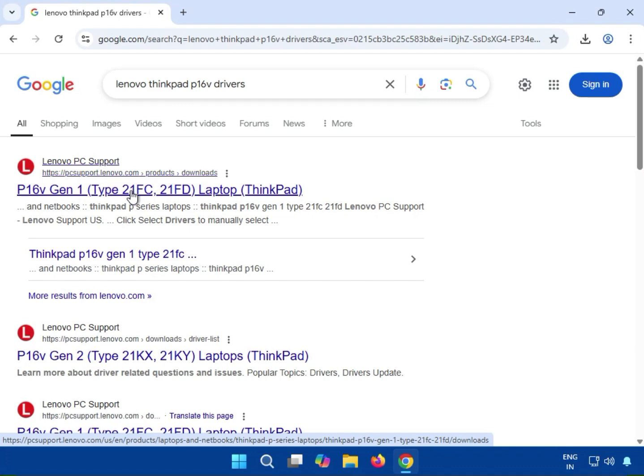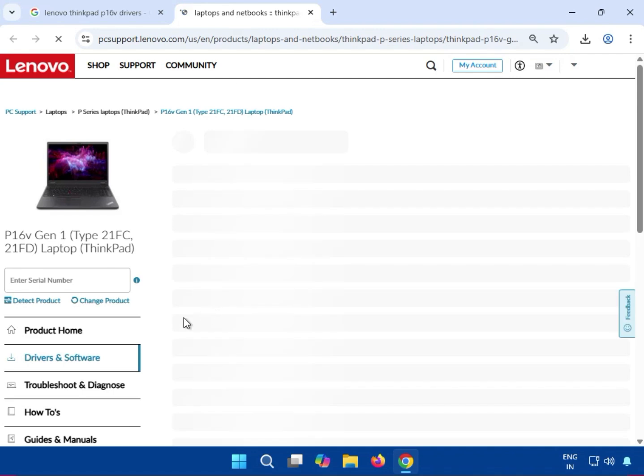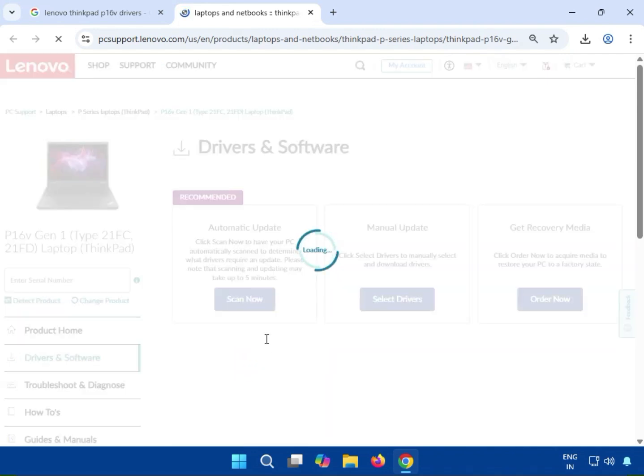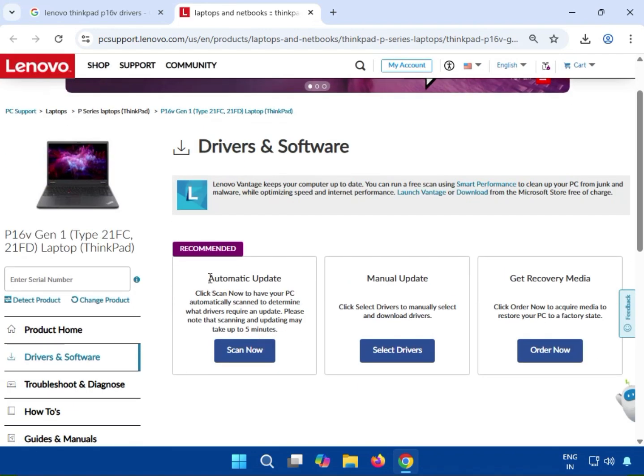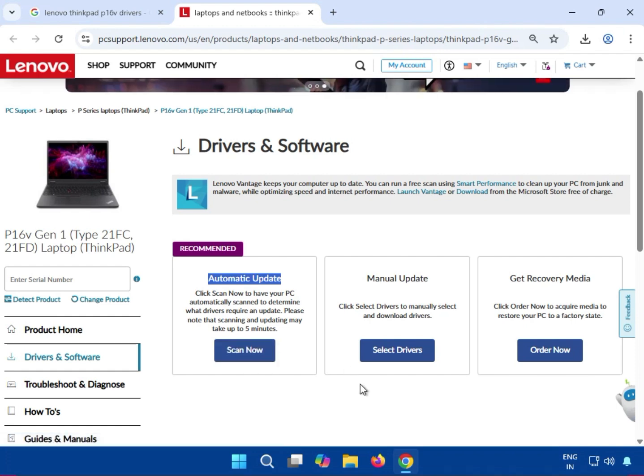Download any device, any driver of a Lenovo product. Just right click to open a new tab. You can see this is automatic update. Just click scan, and the software automatically detects which drivers you require. Then just install. But if you have to install separately and are facing an issue with a separate device,